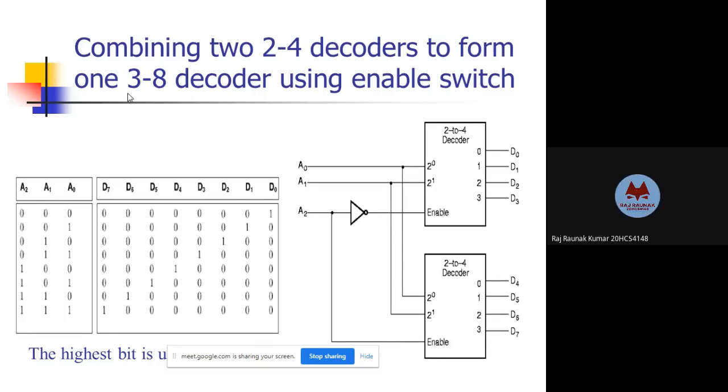Ma'am, here the number of decoder outputs is 8 and the number of main switches is 3, since 2 to the power 3 equals 8. Yes. That is why the decoder has 8 outputs. Yes, of course. Always, it is there. There is a constraint that if n number of input variables are there, then it will always be able to generate 2 raised to n number of output lines.